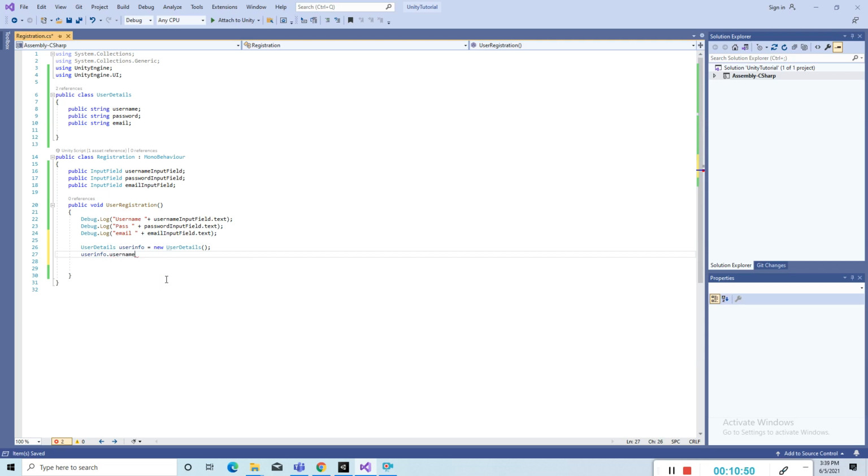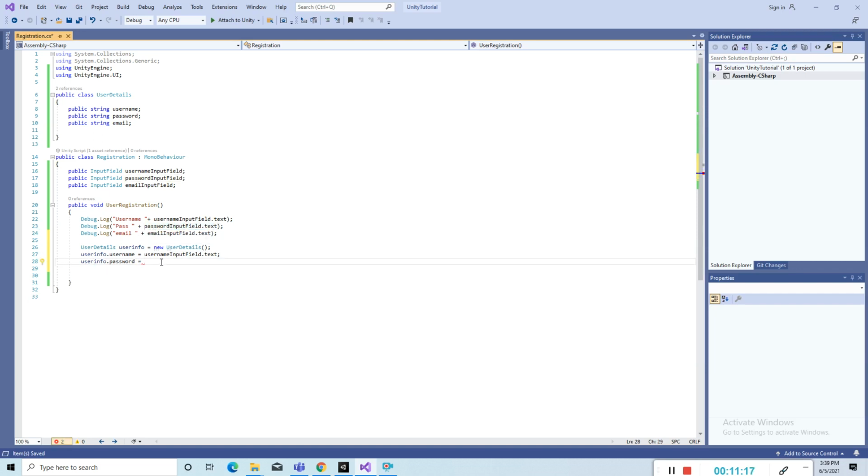userInfo.username, whatever input I'm taking from the input field, I have to just assign. And userInfo.password equal to whatever password I'm taking from here.